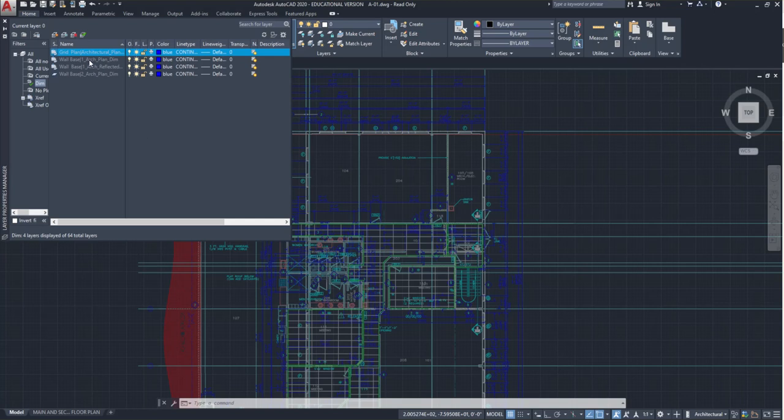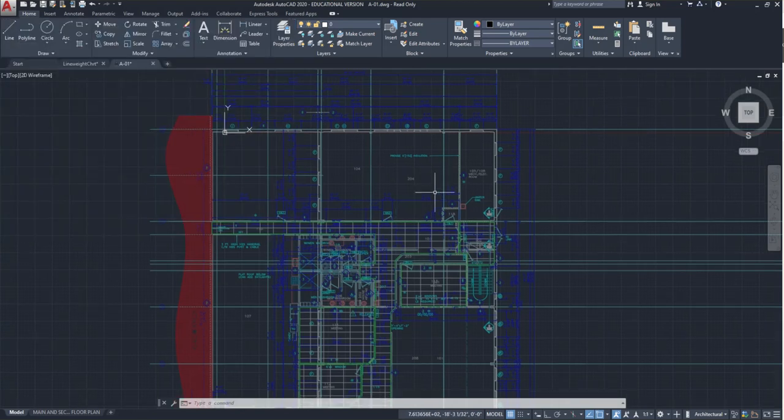So here we have wall base, architectural plan, dimensions. So this is our dimension layer right here, and I'll just, looks like they've broken it out a little bit, but can you see how when I freeze or turn off some of these different layers, it turns off groups of elements, okay? And that's what layers will do. It will allow you to group similar elements onto the same layer, and you can organize them. So you can turn them all off, you can turn them all on, you can make kind of global changes to them at the same time, okay? So layers control line weights, they control organization. They also control